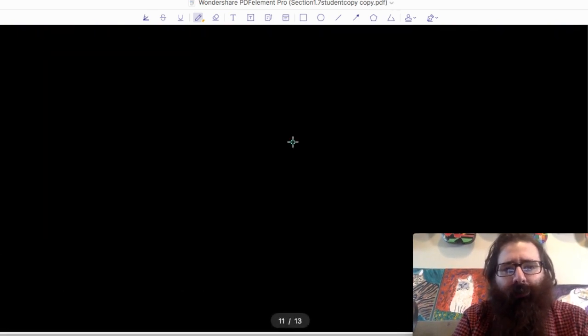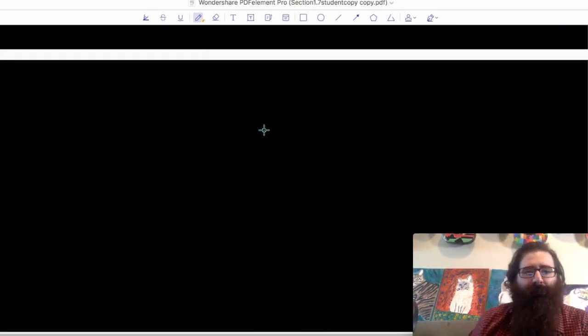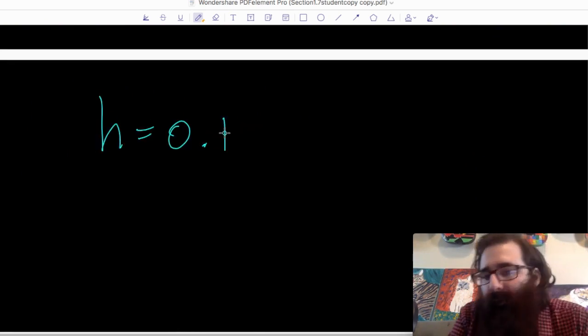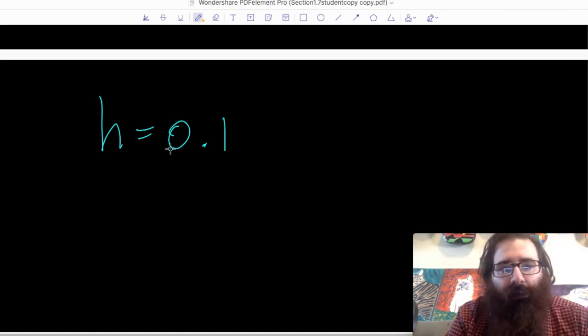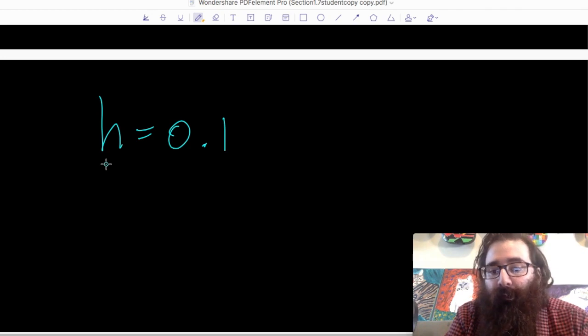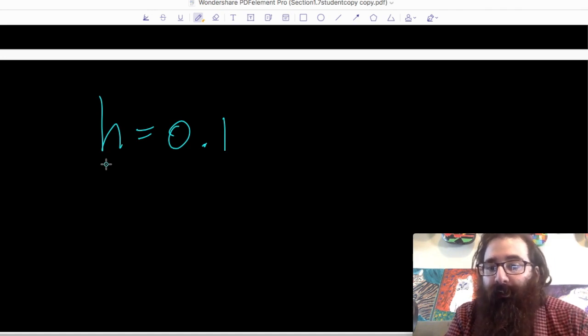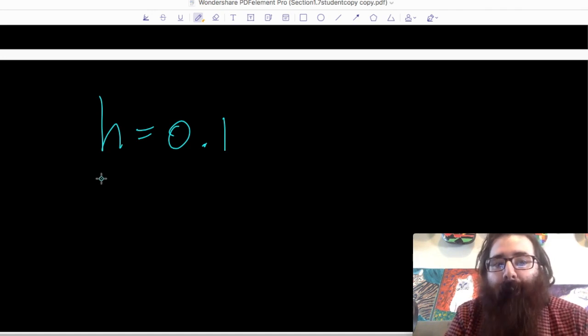Now next, we would use this sort of space here to take a look at step size h is 0.1. Now, these examples, they're maybe not the thing that I find the most joy in all of differential equations, but they're very important to our curriculum, and I think that they can be very enjoyable when we're comfortable with the method. So a big part of it is you being comfortable with Euler's method and that you can do it and work through it yourselves. So I would say this is probably one of those examples where you're going to need your robot friend, the calculator, but build the table,